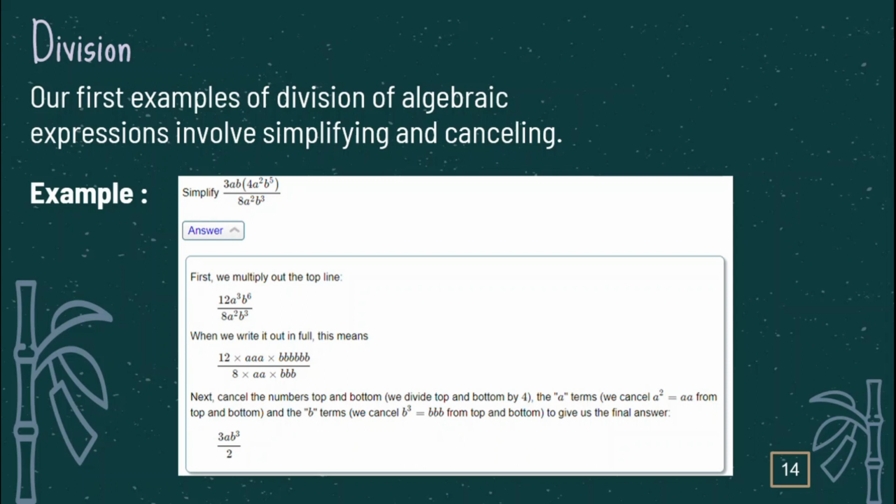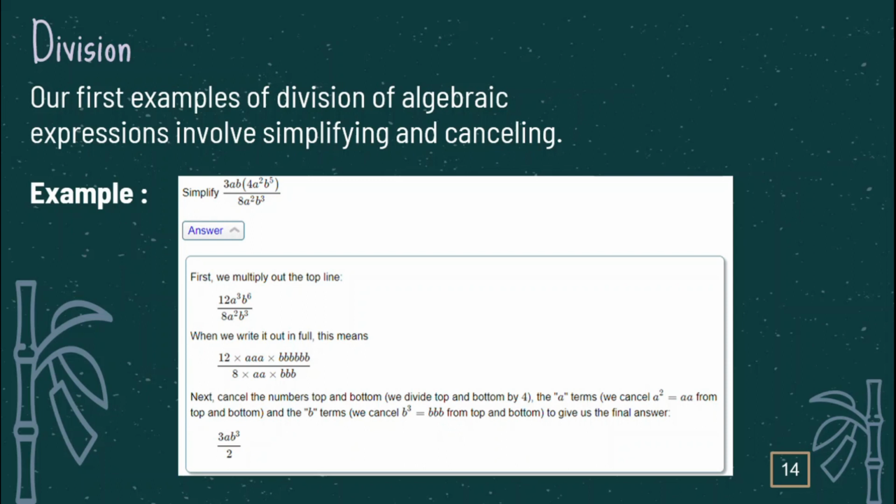Next, cancel the numbers top and bottom. We divide top and bottom by 4. The a terms, we cancel a squared equals a from top and bottom, and the b terms, we cancel b cubed equals b from top and bottom to give us the final answer, and the final answer is 3ab cubed